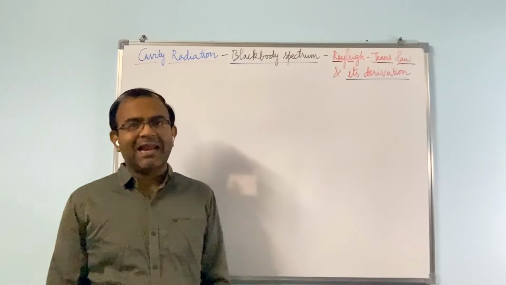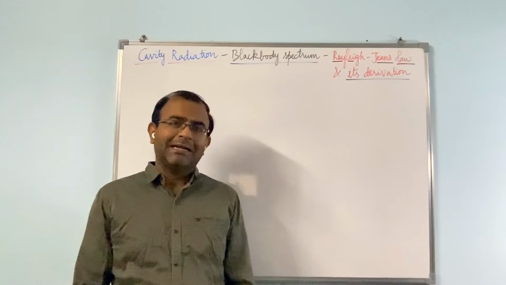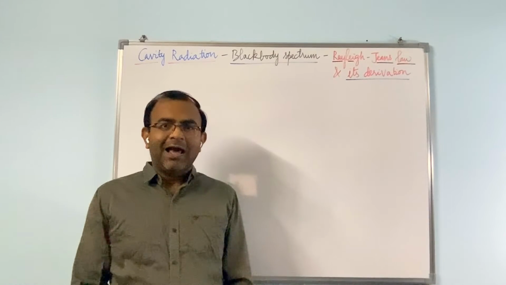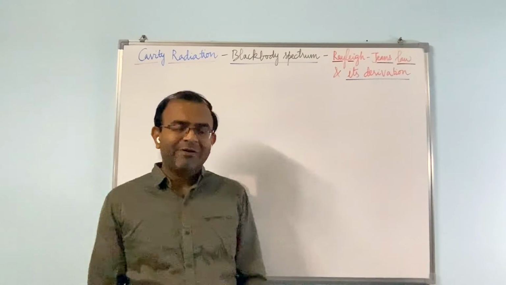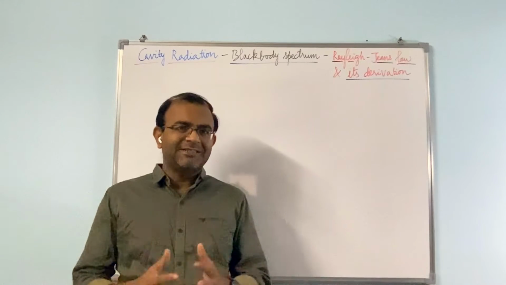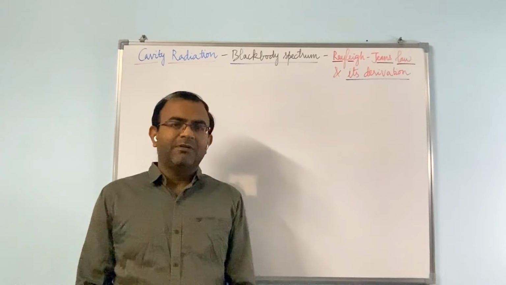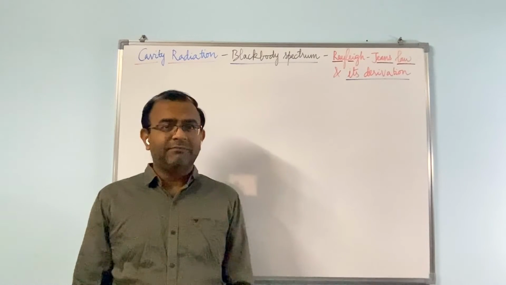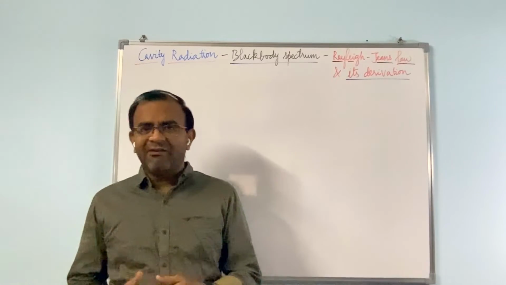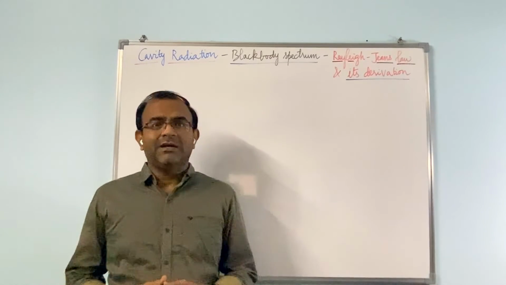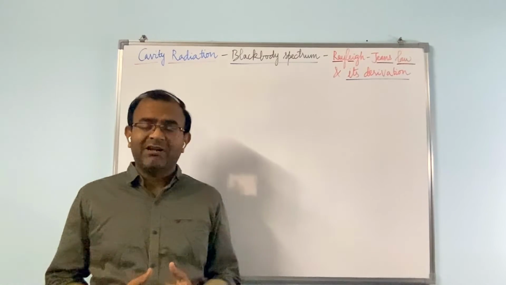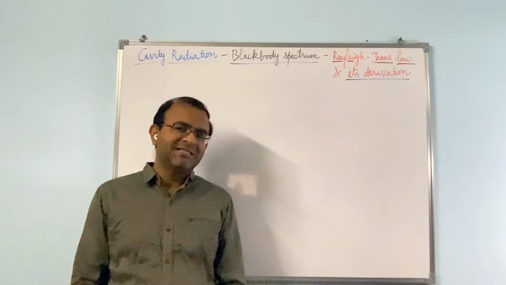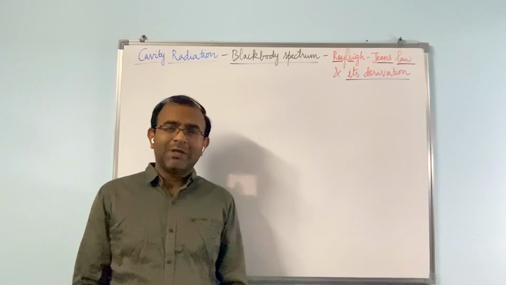And once this number is calculated, it is possible by using the classical kinetic theory to obtain the average kinetic energy of entities of similar kind present in a system, which is basically kT. Therefore, by multiplying the number of waves present in a given frequency range by the average energy of these waves and dividing the whole thing by the volume of the cavity, one can get the energy density of the cavity. This was the strategy employed by Rayleigh and Jeans in their calculation, and therefore let us proceed to do that in our derivation